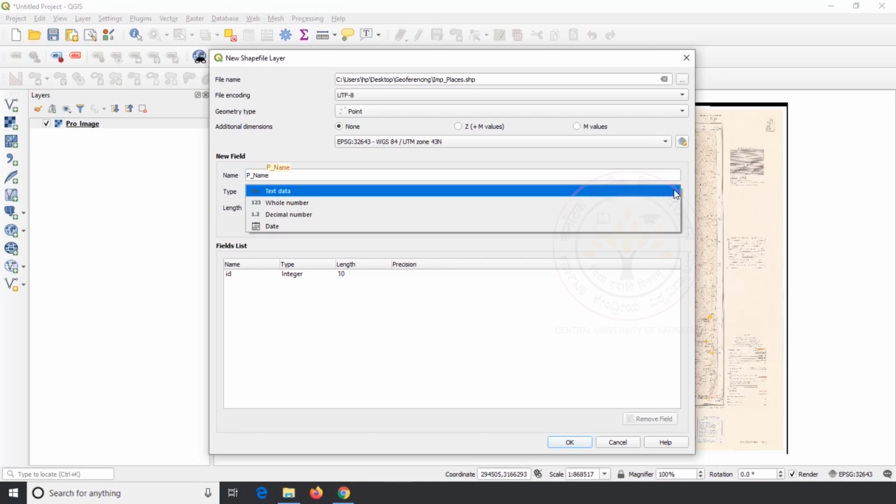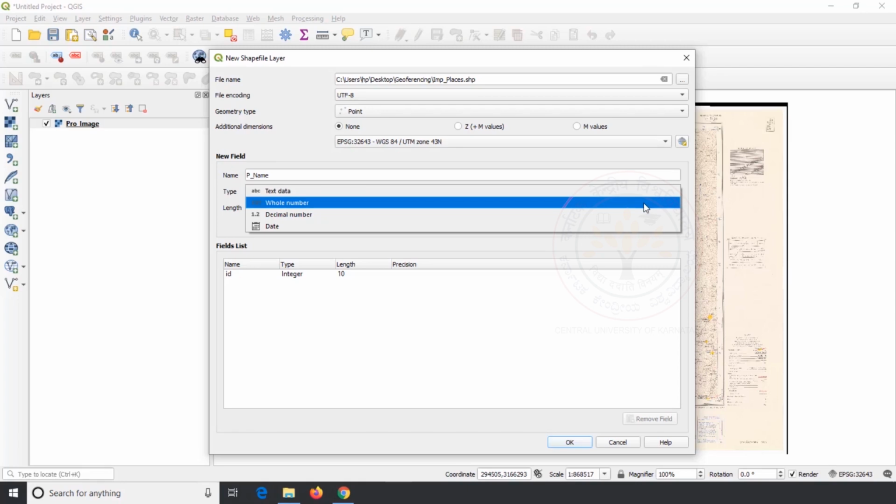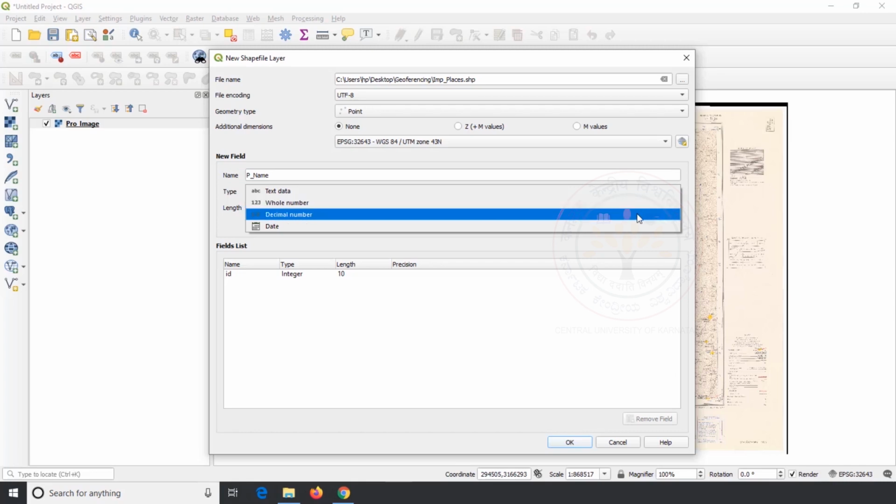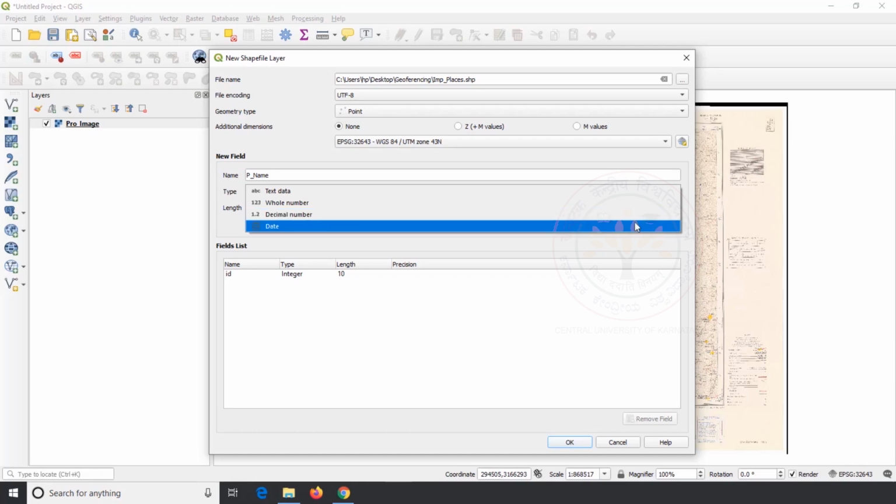Click on the drop down icon of type. Here we can see 4 options. The first one is text data. If you want to type alphabets, or numbers with alphabets and special signs, we should use text. The next one is whole numbers, which allows entering only whole numbers. For example, population data, which will always be a full number like 10,000, 1,500 or 750. The third one is decimal numbers, which allows us to enter decimal numbers. For example, rainfall data: 350.56 millimeter, 750.73 millimeter. The fourth one is date, which allows us to enter date information like 13th day